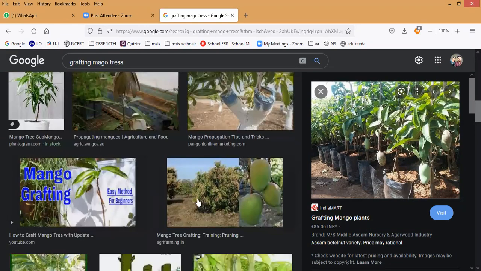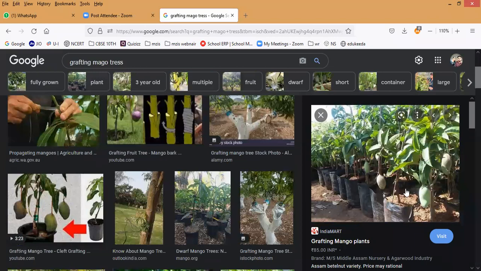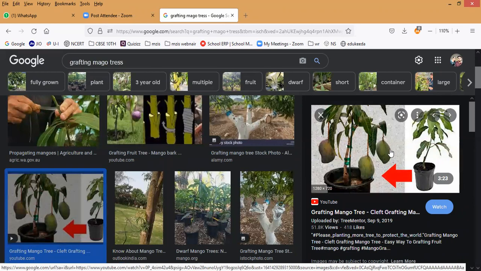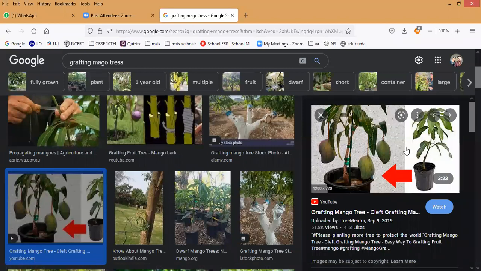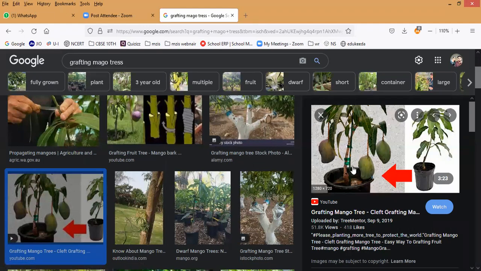Even small mango trees in gardens, not even two or three feet tall, can produce very big mangoes because it has been done by the grafting method. Understand, everybody? But while selecting the scion, we have to select a well-matured plant. Sir, can I take a very small plant, cut it and tie it? Is it possible to get results? No. We have to take a well-matured scion so that we can get very fast results. This is what it is.